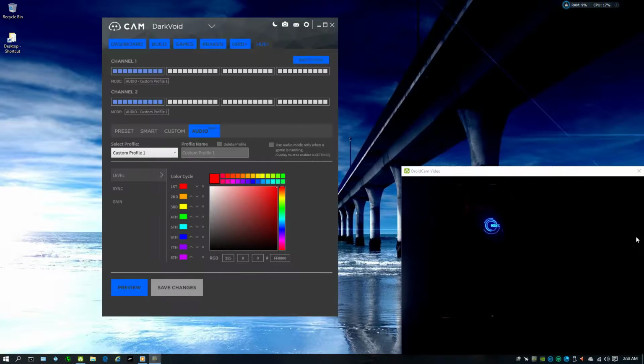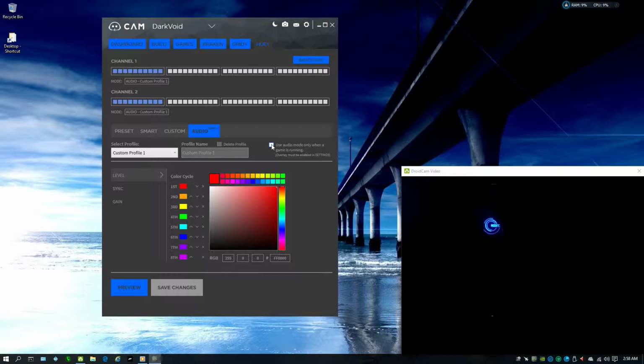Alright, so yeah, as you can see there, it still doesn't work as good as we want it, but it's still something. It's them at least trying, and I'm sure that they're working on it as we speak. They've been working on it for a while. They do have more things to come to the CAM software, but for instance, in the audio department, if you want to see